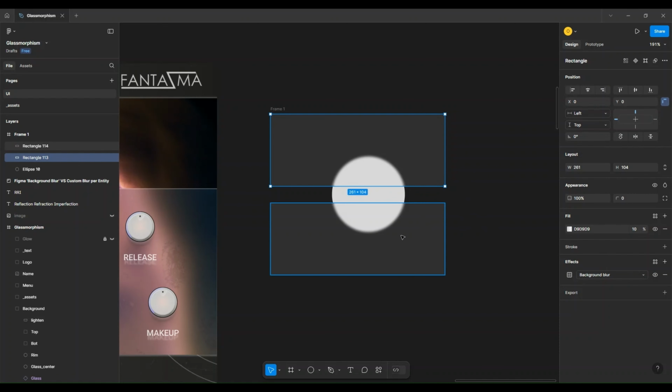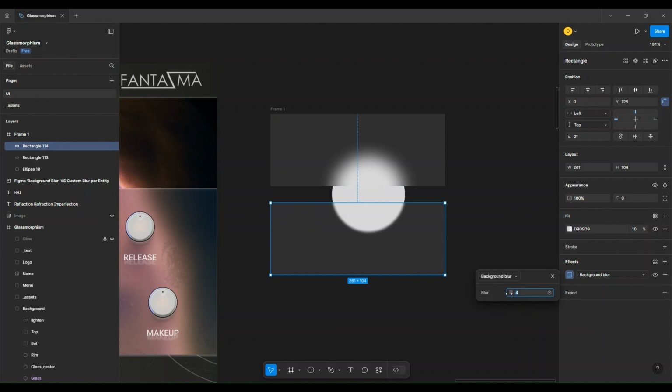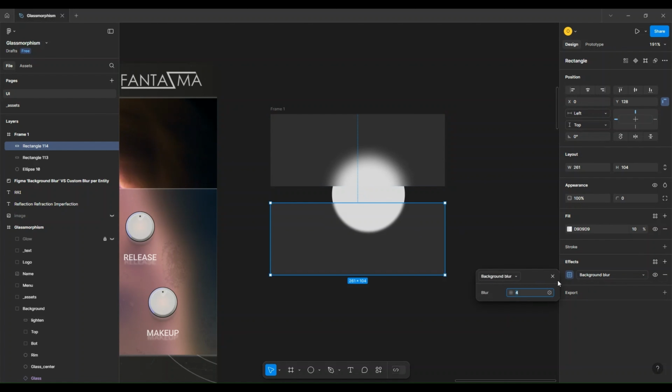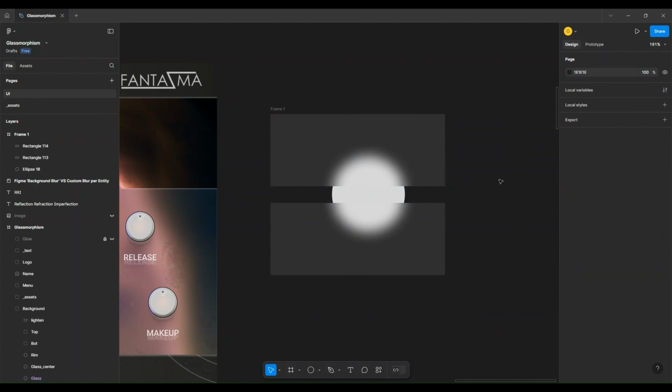For example, I have two planes, both with background blur. When I need to change the background blur in one, I just change it in one, and when I need to change it in another, I just change it in another. But if I want to change them simultaneously, I always need to go in here, type a new number, go in the second one, and type in a new number. To avoid this,